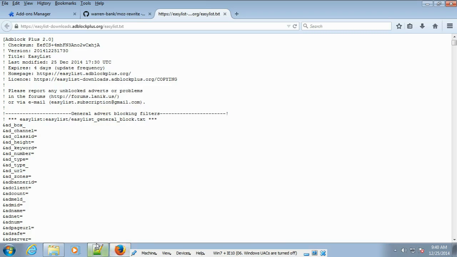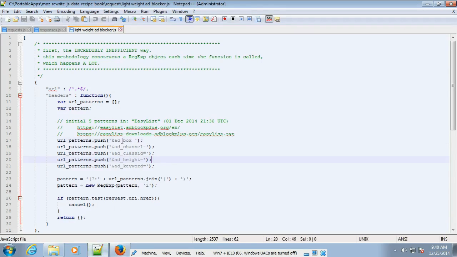Alright, so presumably it's looking for query string parameters that start with these things. So query string parameters are in the URL. Oh, URI. So it's in the full href. So basically what we're doing is